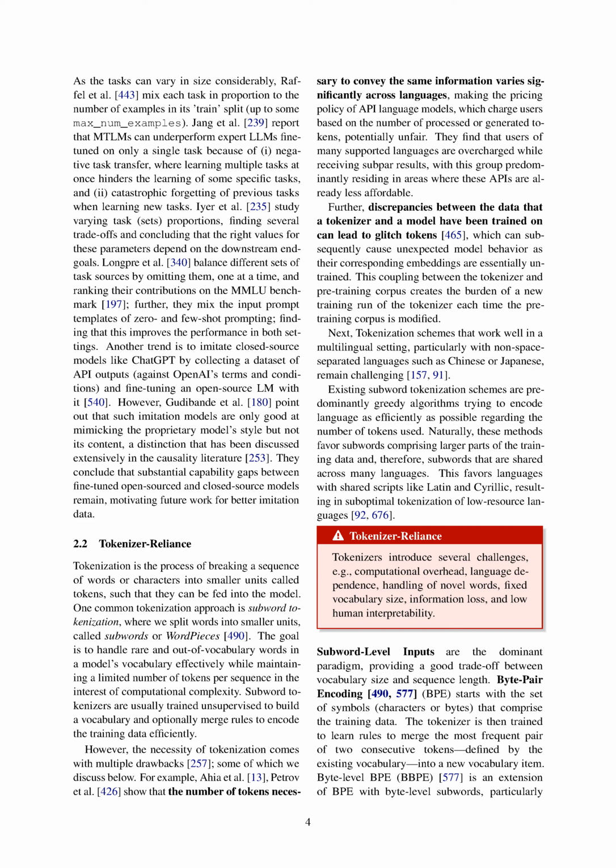imitation data. Section Summary. Several studies have emphasized the importance of diversity in pre-training corpora, but the optimal mixture of data from different sources is still unclear. It has been found that including heterogeneous data sources in pre-training is generally beneficial, even more so than data quality or size. When fine-tuning pre-trained models on multiple tasks, the balance of task datasets is crucial, as learning multiple tasks simultaneously can hinder the learning of specific tasks and lead to catastrophic forgetting. The right values for balancing task datasets depend on the desired downstream goals. Additionally, imitating closed-source models with open-source models has limitations in terms of content replication, highlighting the need for better imitation